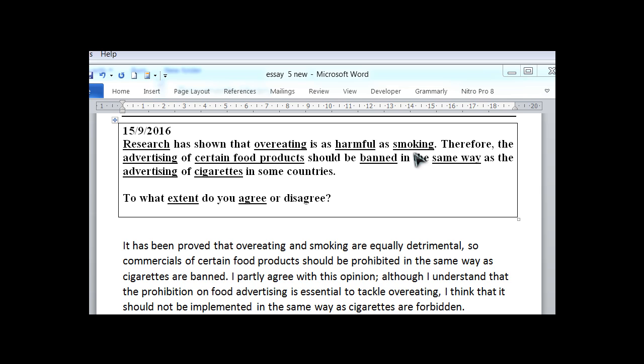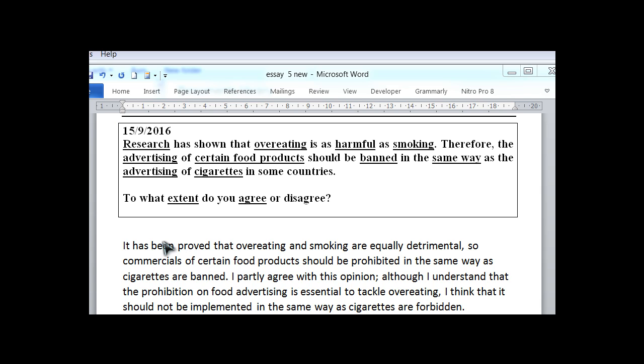Whereas in smoking, there doesn't seem to be a lot of positive benefits, maybe reducing stress. But we could basically argue, okay, overeating is as harmful, but some advertising should be allowed because some food products are okay, or not so much they're okay, they have positive benefits.